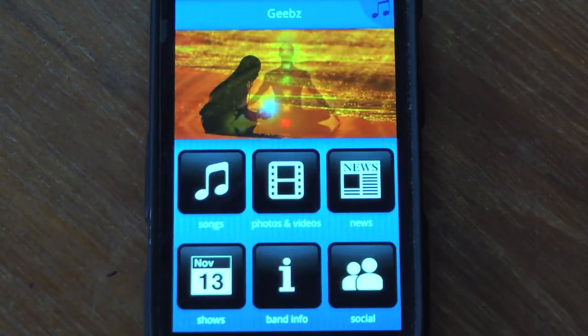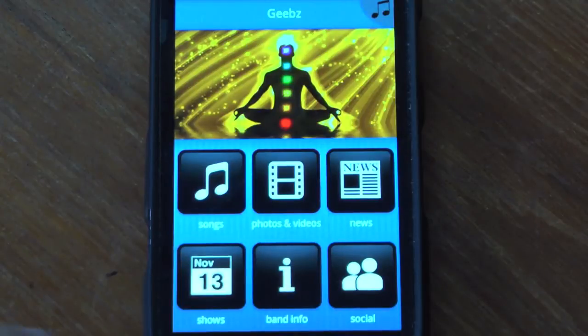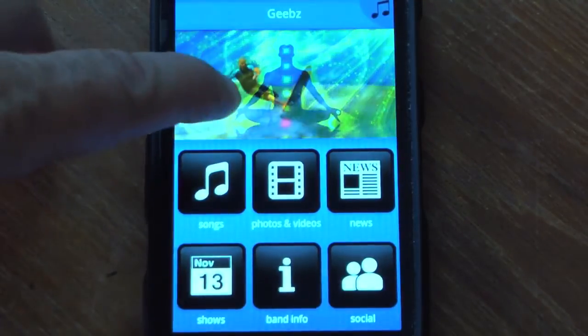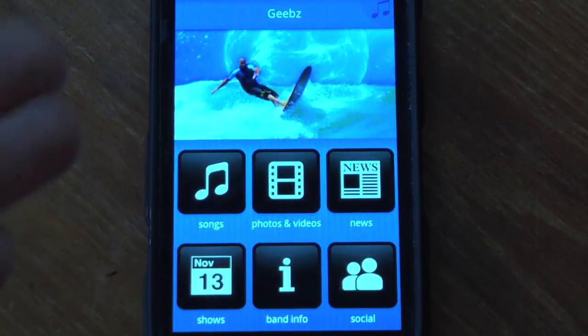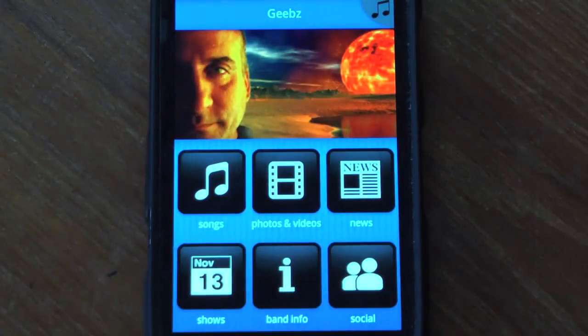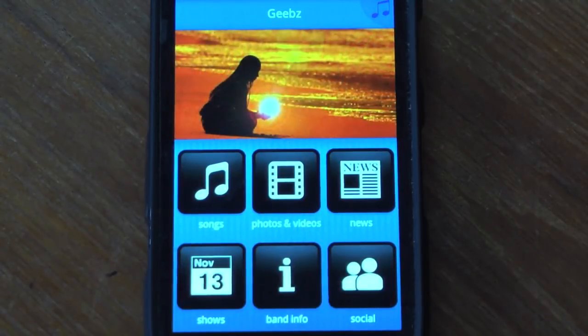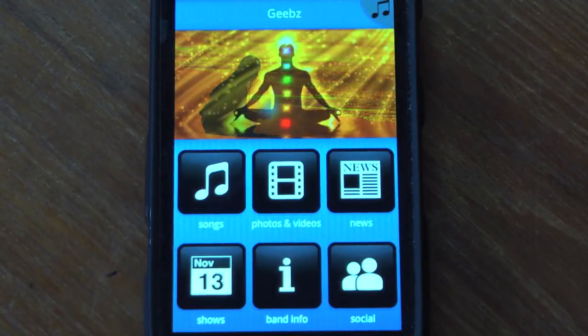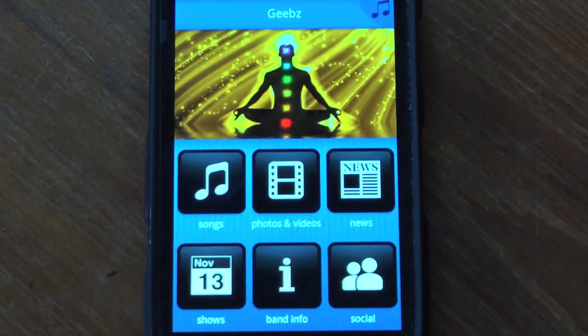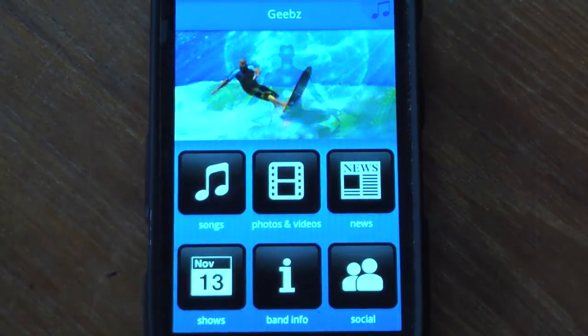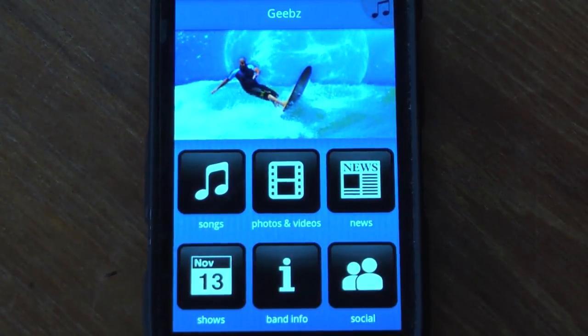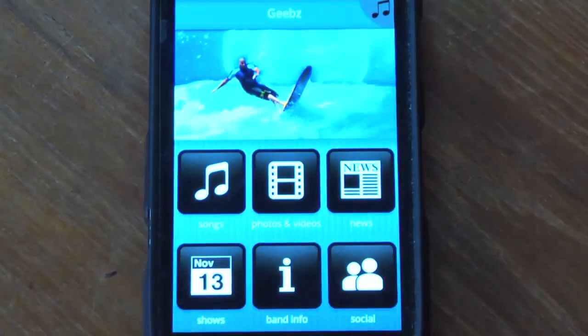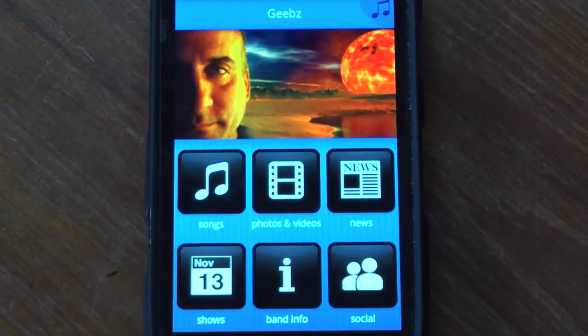I'll tell you more about how to make money in the next video, but with this, the one thing we know is that in this case it's only an Android, but if I had activated the Android and the iPhone app, the one thing we know that everybody has right next to them, probably right now, is their smartphone, and it goes everywhere with you. So why not take the time to engage your fan, grow your fan base with an app like this? Giving them the ability to listen to your music, constantly be engaged, and feel like they've got you in their pocket. You've got them in your pocket,